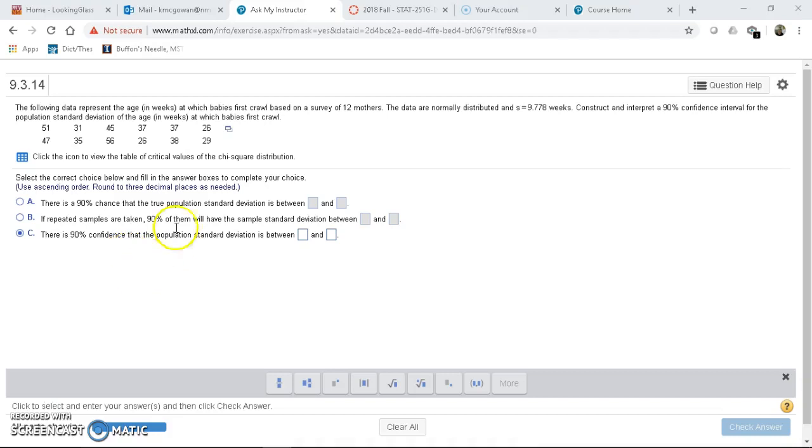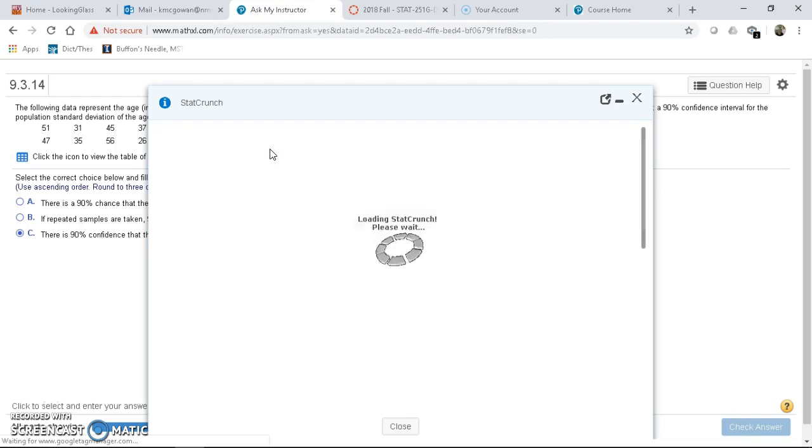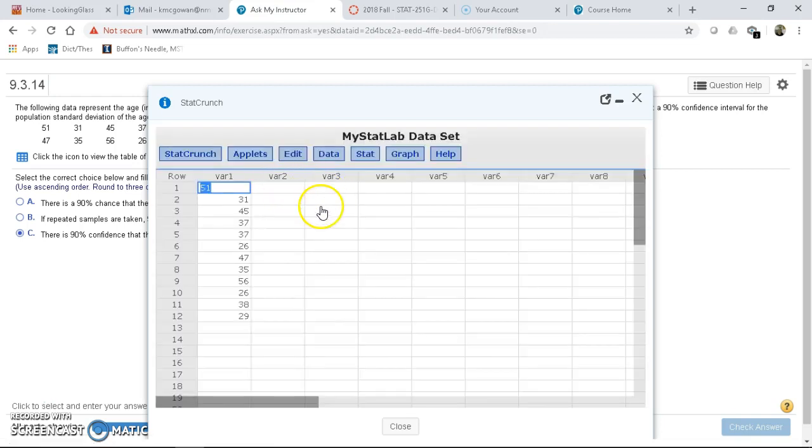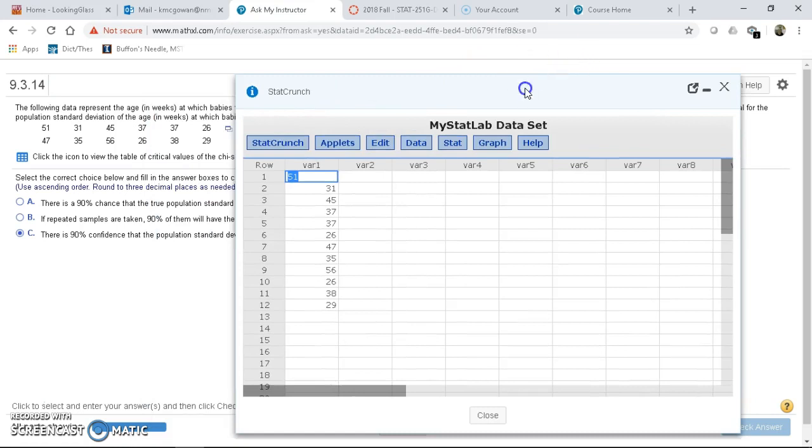Okay, hi Gina. I'm here in the problem that you sent me through Ask My Instructor. What I'm going to do first is open the data in StatCrunch. Now, as soon as that opens, what we need to do is find a 90% confidence interval for the standard